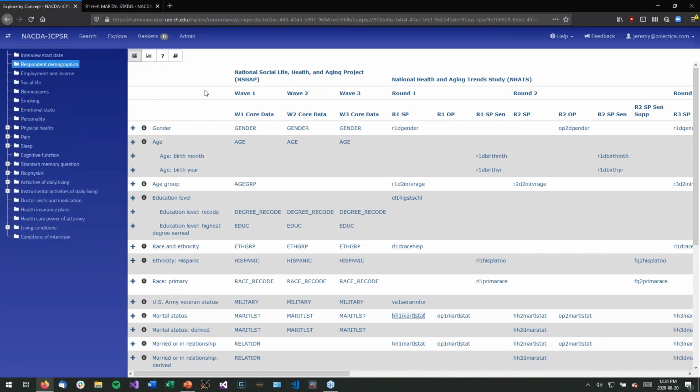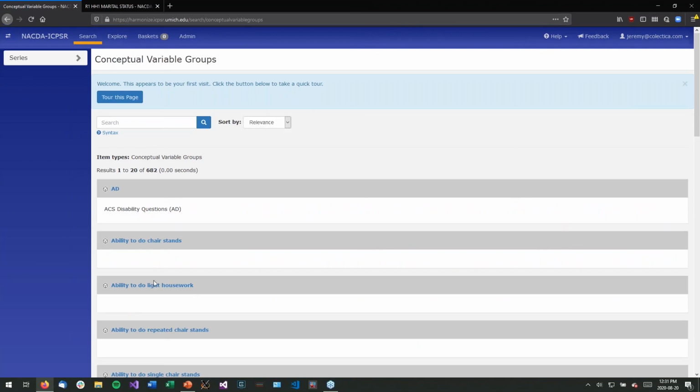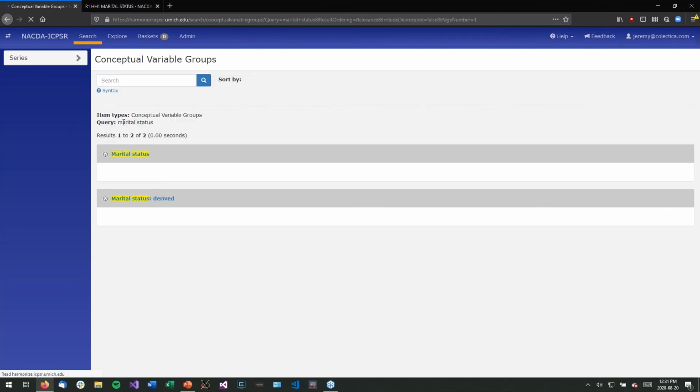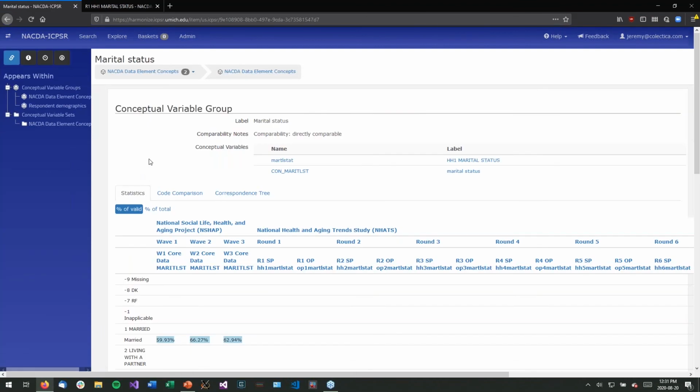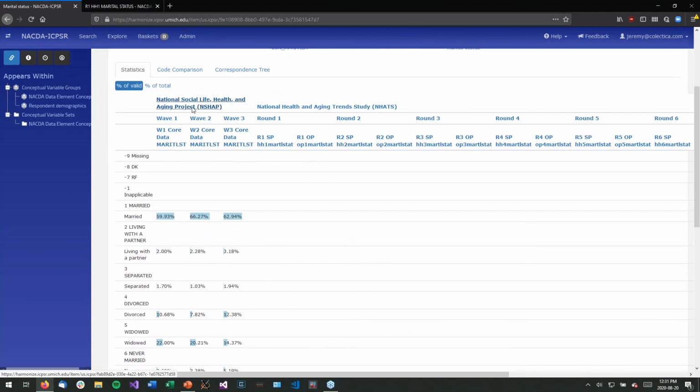All right, so that is browsing with this Explore view. You don't always necessarily want to browse. Perhaps search would be a more useful approach. So we have this search view, and I'm going to search across everything here. So if I'm coming at it knowing I want to think about marital status, I can search for that and jump into this item, which is going to show us all of the things that measure marital status. So we'll see a similar view, kind of giving that concordance across the two studies, NCHAP